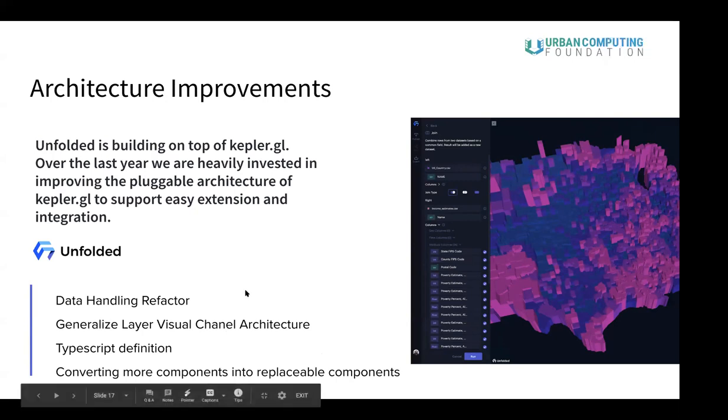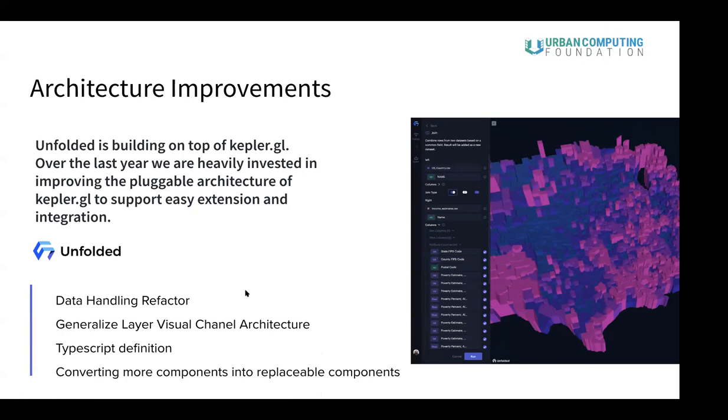Yeah, that's a great question. In fact, we're also wanting to write a blog post discussing Unfolded Studio and Kepler. So from our point of view, Kepler obviously is an open source framework. So anything specific that we add to Kepler, we will contribute back to Kepler GL itself. But also,